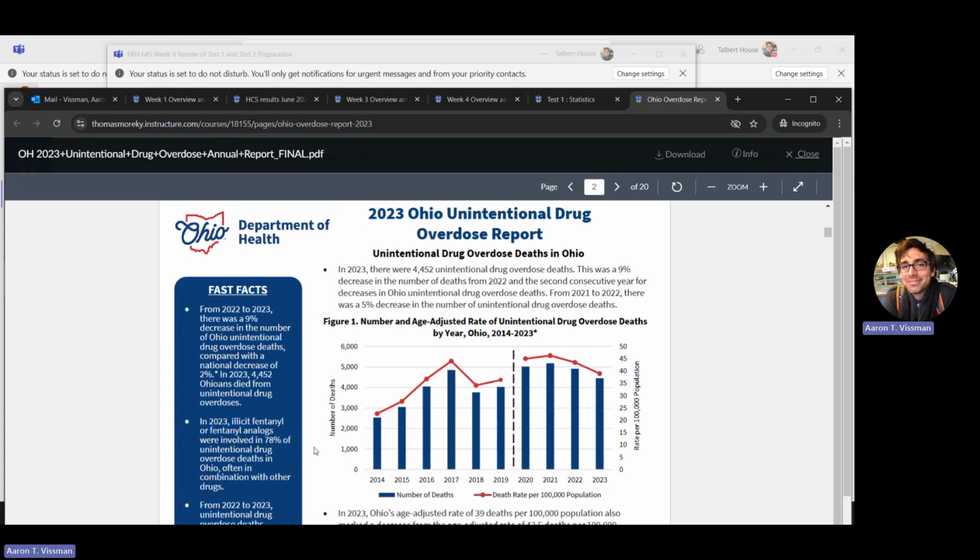And when you're working within your own states, if you're outside of Kentucky and Ohio, I would encourage you to look for these kinds of reports, and in addition to that, reports from your own state, if they publish reports like these. And if they don't, you can ask an AI, ChatGPT, for these kinds of estimates. I was playing with that a little bit, and it'll pull down the data from different sites.